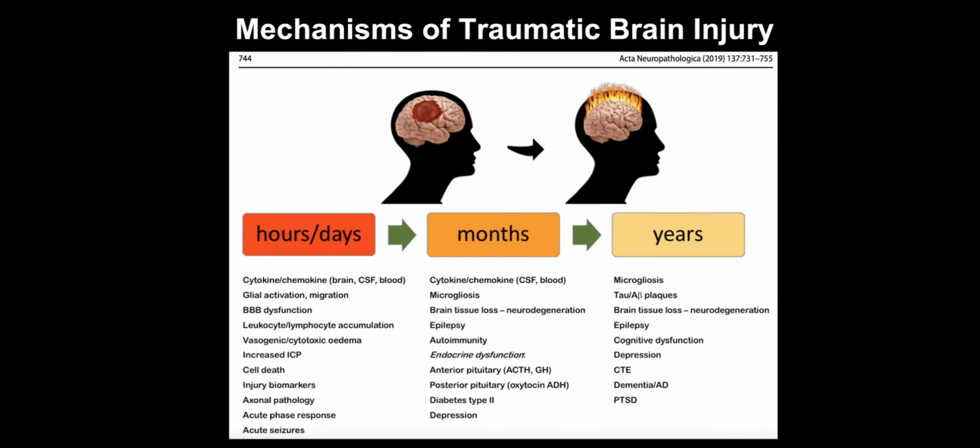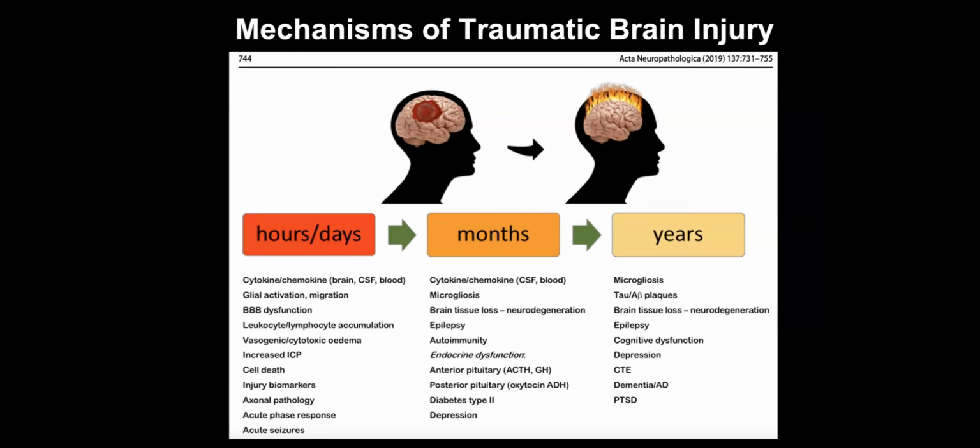Some of the related abnormalities clinically that might develop can include epilepsy, so post-traumatic seizures are super common. We can see autoimmunity, we can see endocrine dysfunction. Pituitary dysfunction in particular is quite common after traumatic brain injury. We can see the development of type 2 diabetes, which is interesting because some people might try to claim that brain abnormalities are related to the diabetes, but if they develop in relation to the brain trauma, that's an important element to note. Depression, of course, in relationship to the neuropsychiatric consequences is also important.